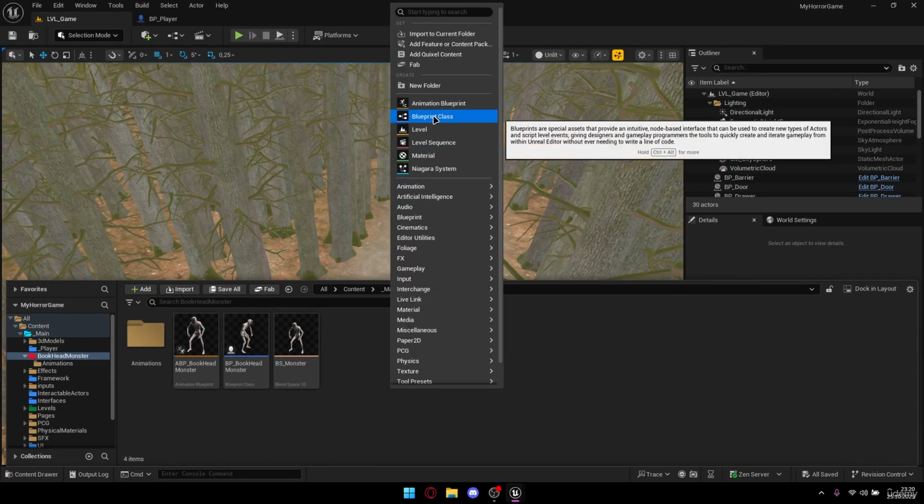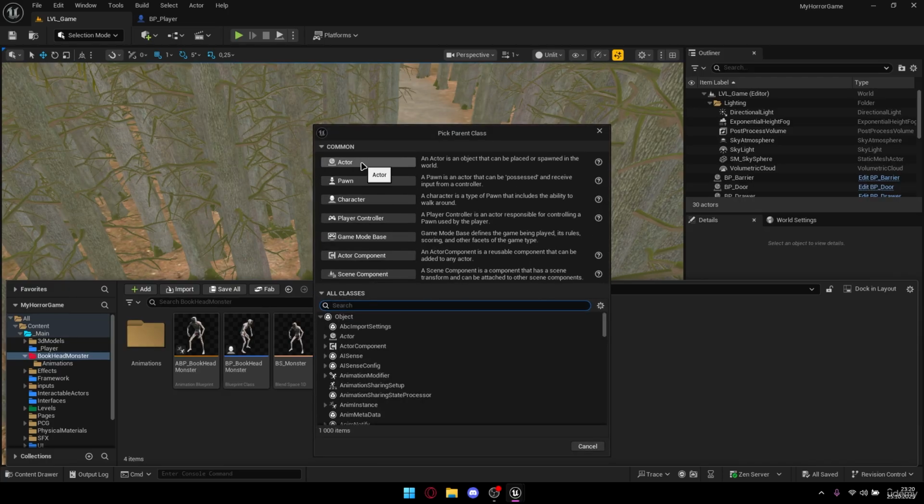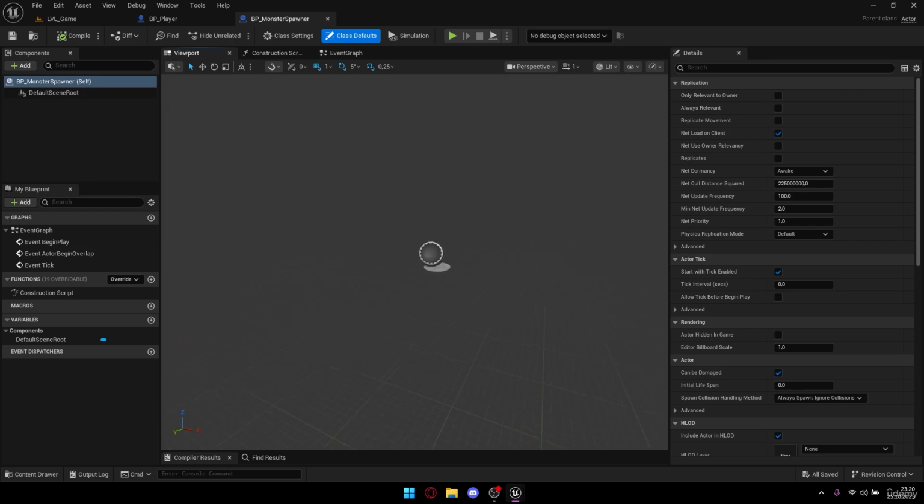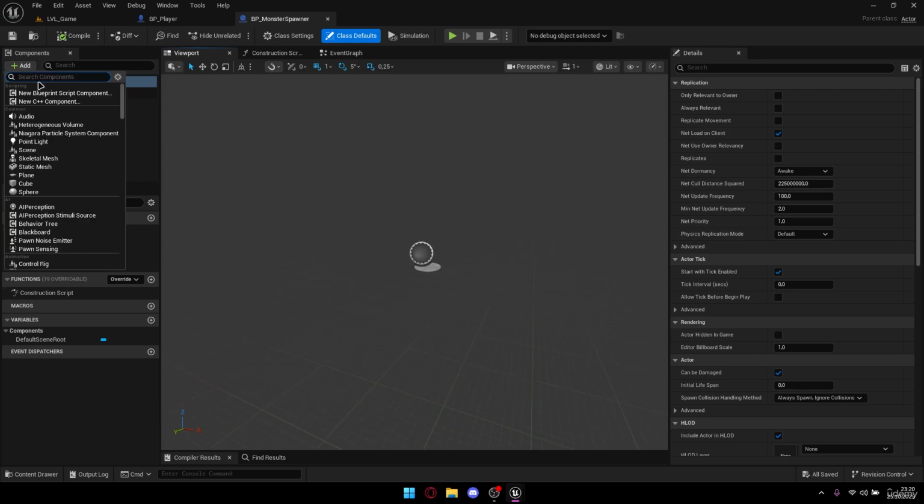So let's go like blueprint class. It'll be just a regular actor, and let's call this BP monster spawner, just like that. And let's open this spawner. So we won't write any functionality for this spawner. All we will do is we will just add a